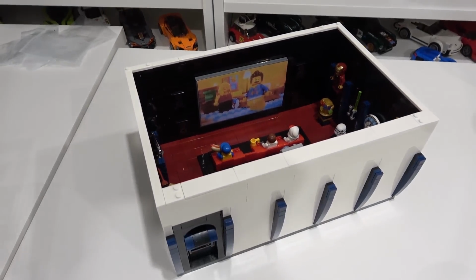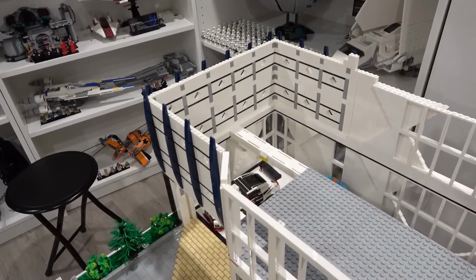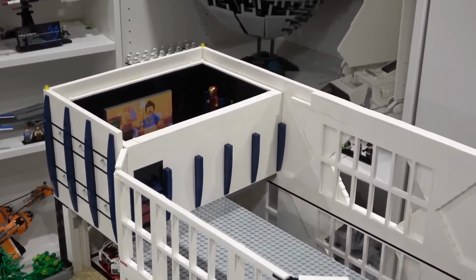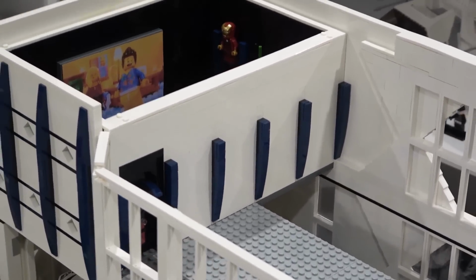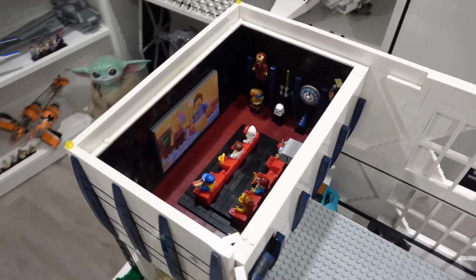Now we have to place the movie theater within the mansion structure and somehow figure out how we're going to put the helipad on top. With the movie room placed, I see this wall here. I think I still have to do something there. Might have to modify some of those panels and some of those curved slopes, maybe by adding 1x2 curved slopes or something. But it just fits perfectly into its spot here